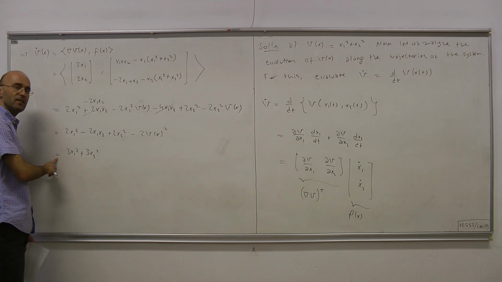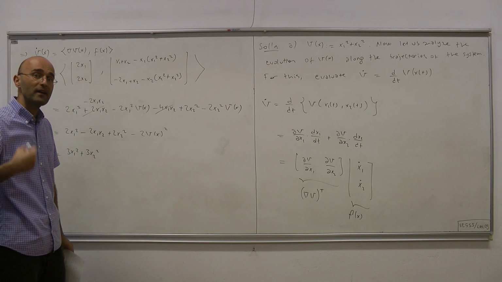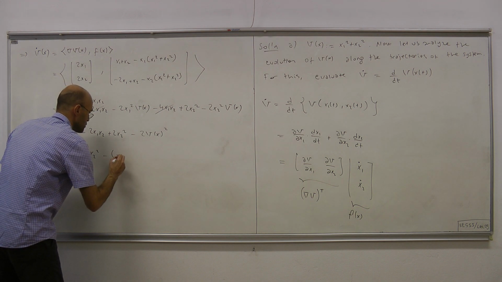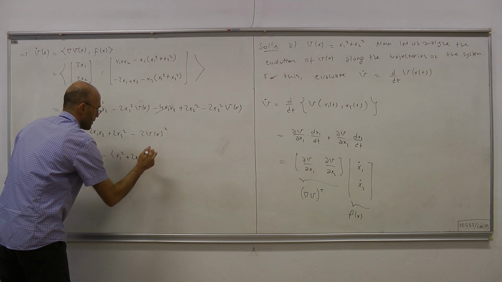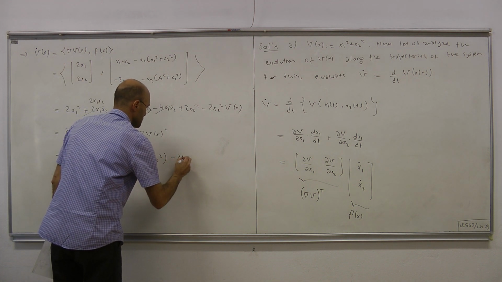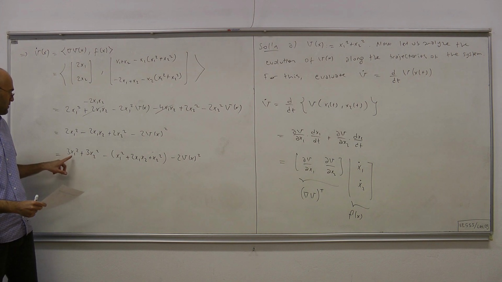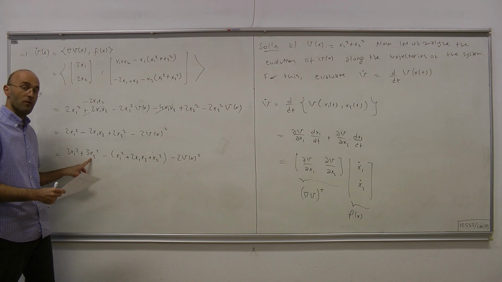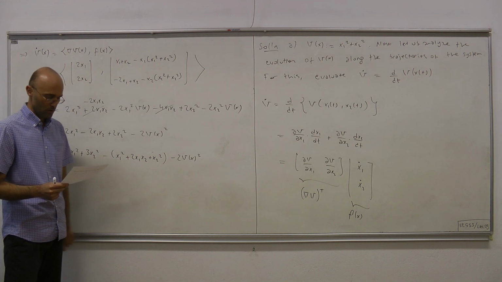But here we have an equality sign, so for this equality to hold, we also have to subtract what we have added. We do that as follows: minus (x1 squared plus 2x1 x2 plus x2 squared), minus 2V of x squared. Now this minus operates on that and gives us this, this minus operates on that and gives us this, and here minus 2x1 x2 is here. So these two things are actually equal.